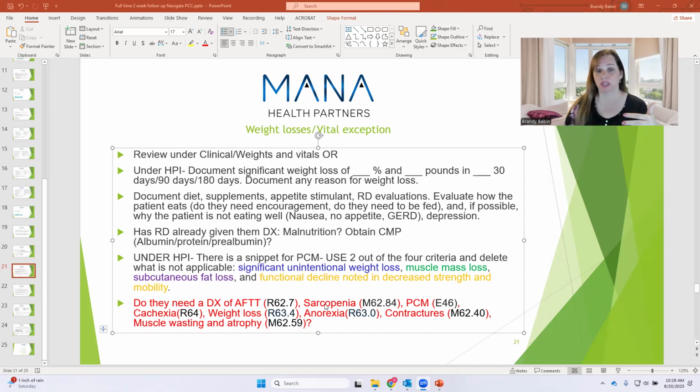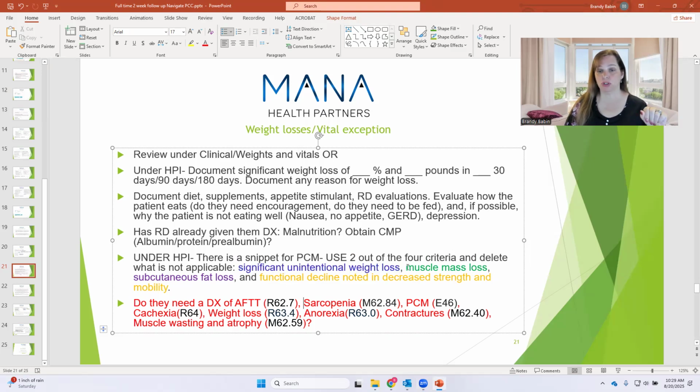This one specifically, in order to qualify for protein calorie malnutrition, you have to qualify for 2 out of the 4 problems. So there's one that's significant unintentional weight loss, which you might use on a regular note, and it doesn't have to be on a weight loss note, but this counts as one item for a qualifier for